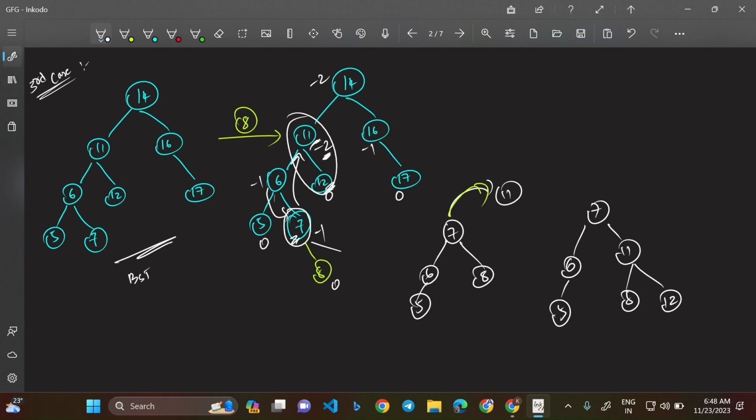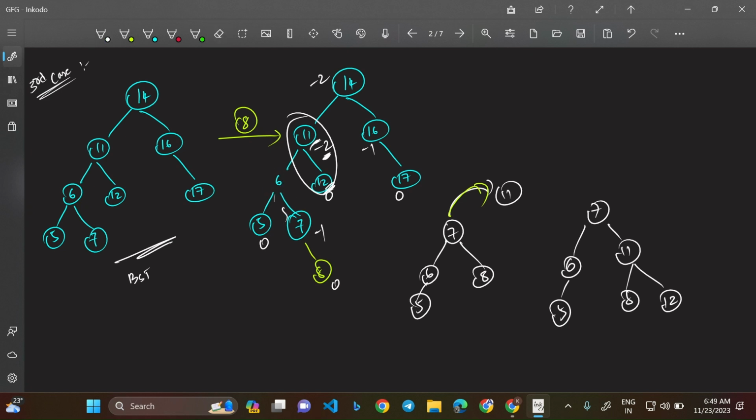We need to reduce it in some way. We need to reduce the height that is there at the bottom of the 11. That is what we are trying to do. So we have exchanged that with the 7. Initially we tried doing it with 6, but that did not work, isn't it? It's still giving a failure. But right now if we do it with 7, after doing the left rotation we are doing a right rotation, and it works out. So if I just need to write the conditions of it,